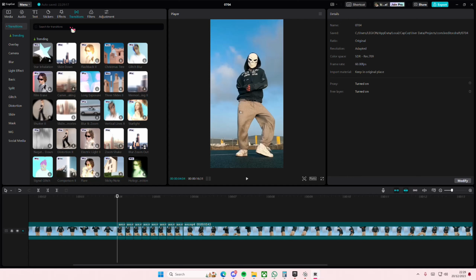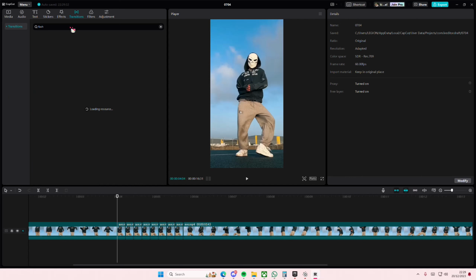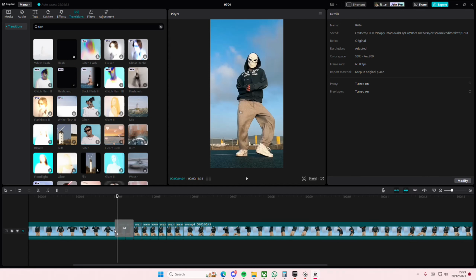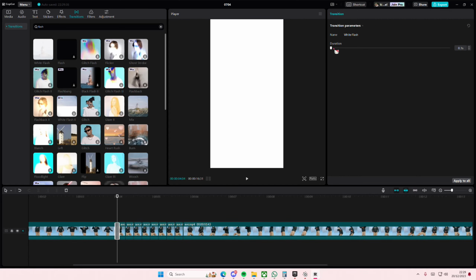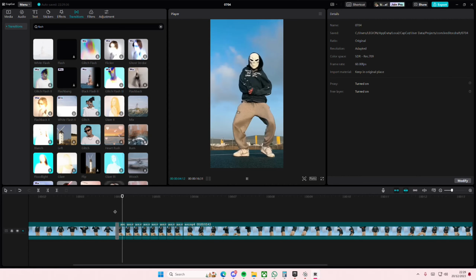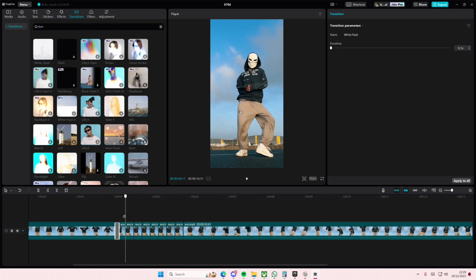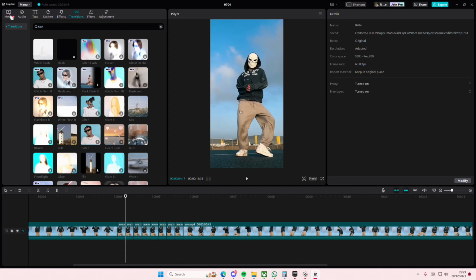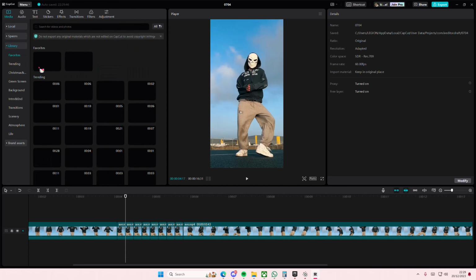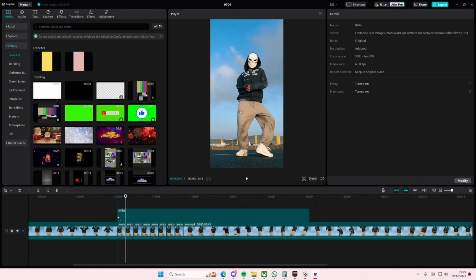Now you can search for video transitions. That's nice. Add in the white flash effect, and if you want to, add that to everything. Okay, I can't add it to that one because it's super short. Instead, I can just add in a white overlay on top,